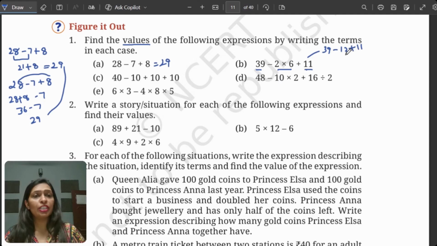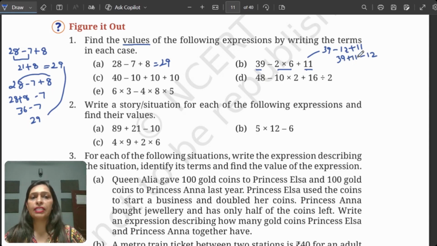Now again, as I mentioned, you can work in your way, whatever way you pick up. So you can just do 39 plus 11 by bringing the like terms together. And what do I mean by like terms? Like terms means the terms having the same sign. Means if it is plus plus, they are one group, minus minus, they are one group, right?